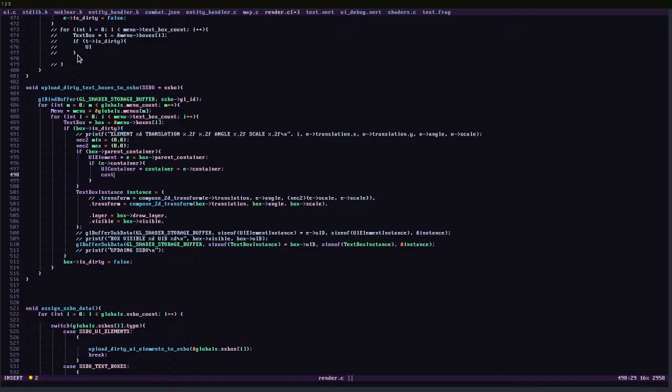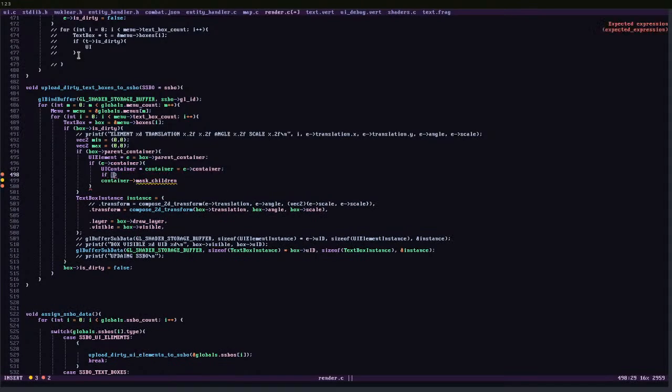Now what we want to do is the container. We want to see if container mask children, right? So if container mask children,